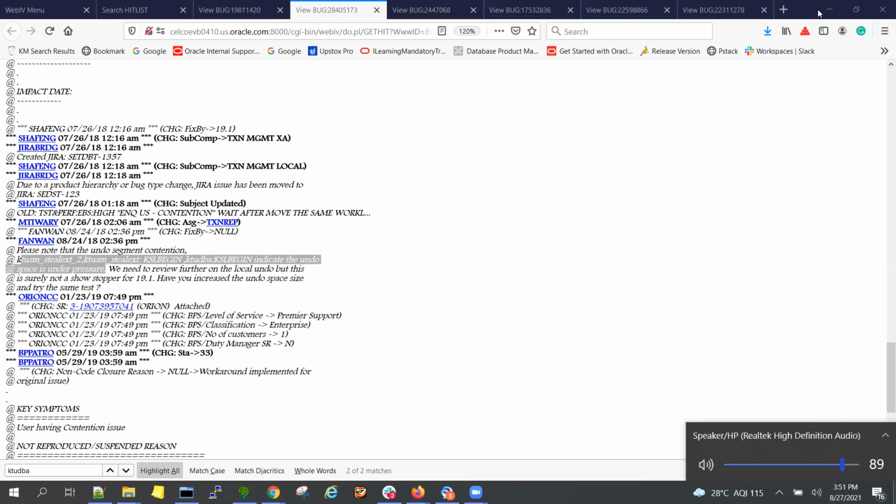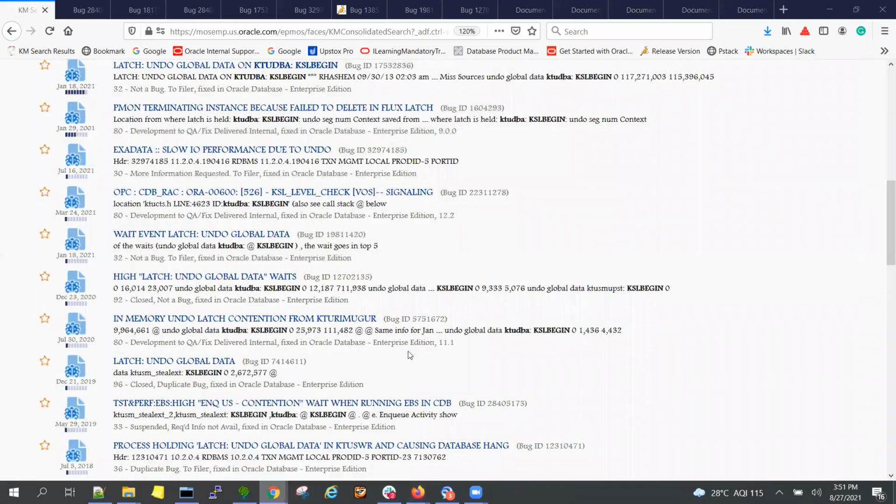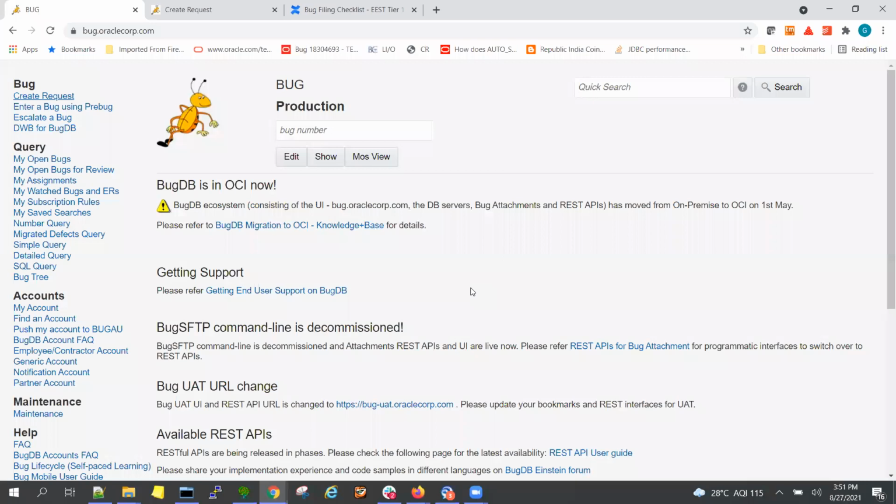Bug filing requires certain important steps, and you have to provide details in an elaborate way. Don't copy paste the exact customer words, because development doesn't require them.